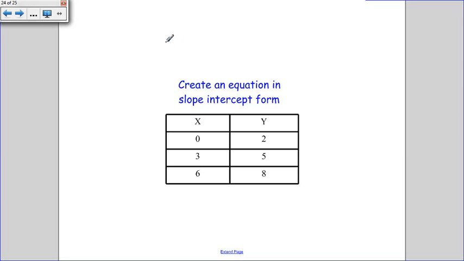Remember, slope-intercept form is y equals mx plus b. Y equals mx plus b. We know that m equals slope and b is y-intercept. So I need both of these things to be able to write an equation in slope-intercept form. So first I need